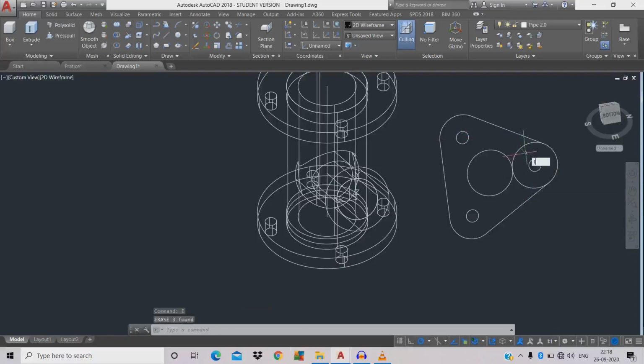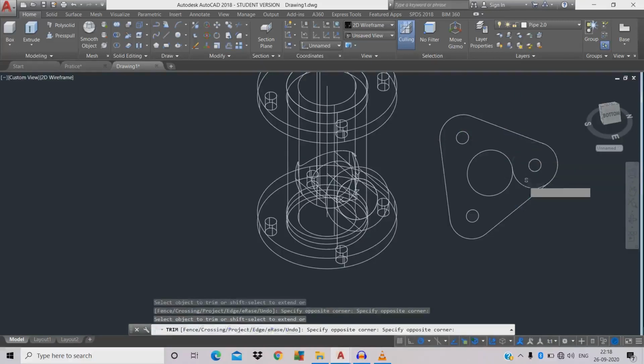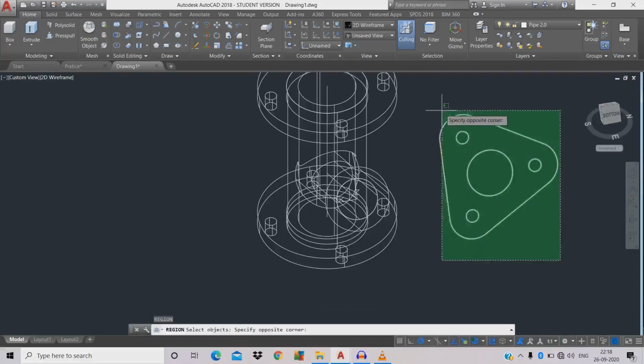Erase TR double space. Okay. Now we're gonna do region REG. Select the entire surface space.